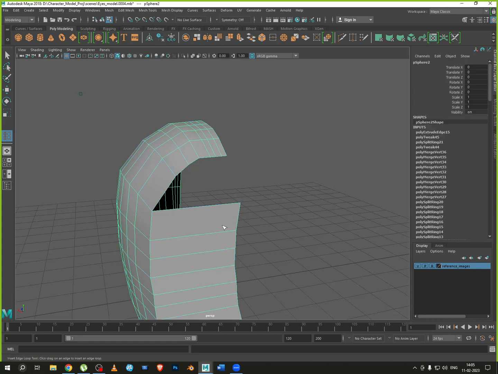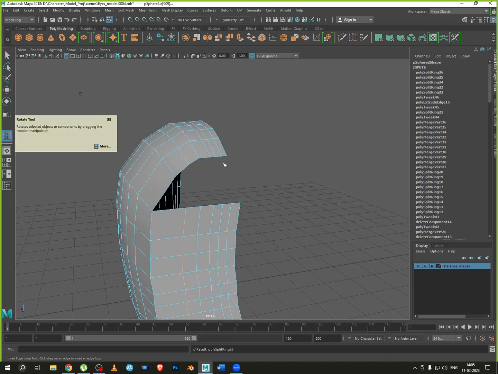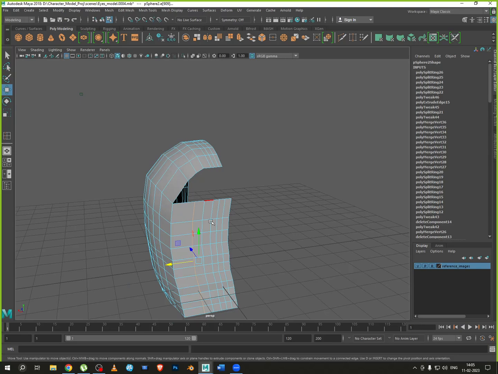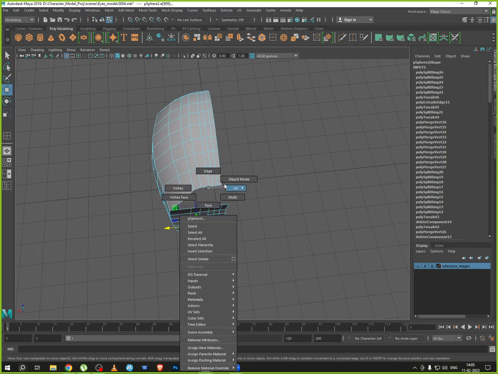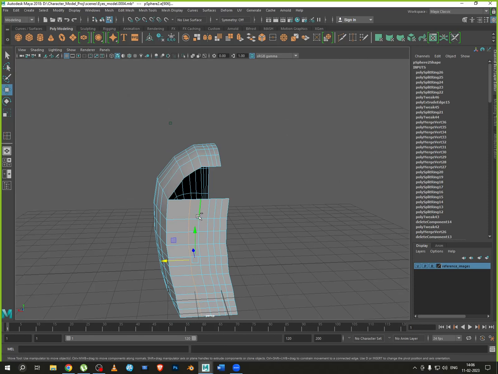Now 1 2 3 then 4 and then 5 on this. Maybe 4 is required. 1 2 3. Let me connect this one now. Edge mode, double click, sorry,